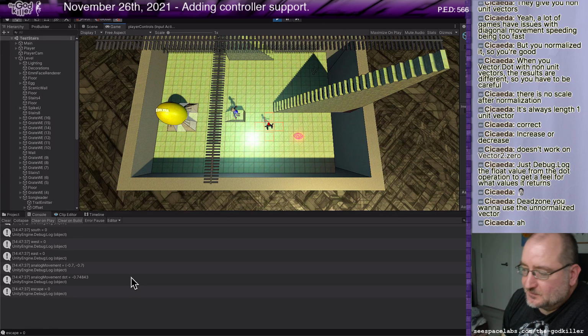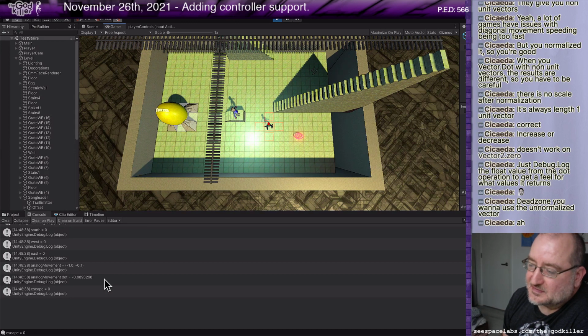So here's my first attempt at an algorithm: if the dot product is not within a certain range of 0, 1, or -1, then I don't accept any inputs from the left stick.